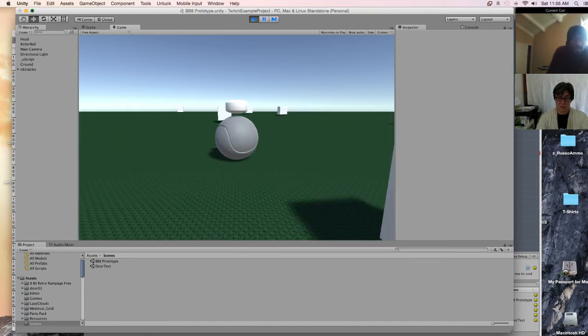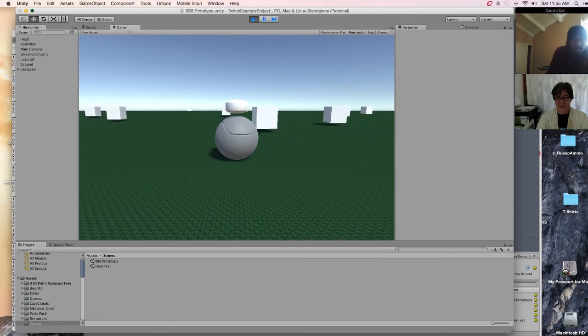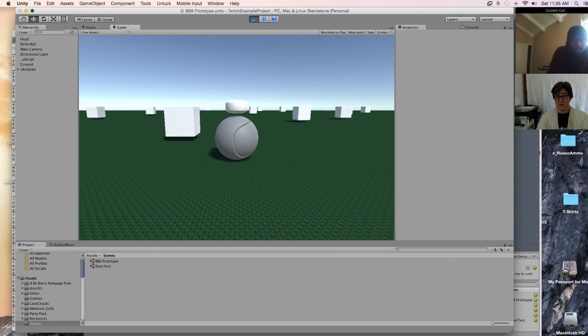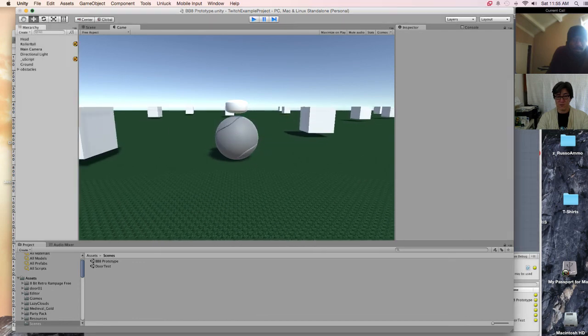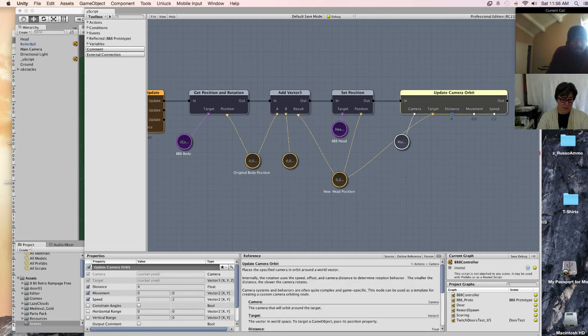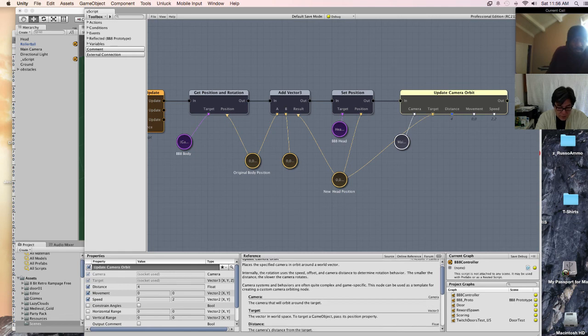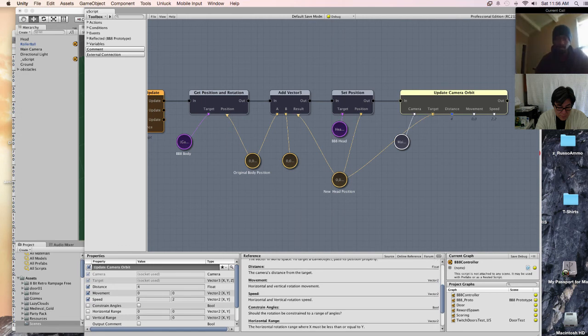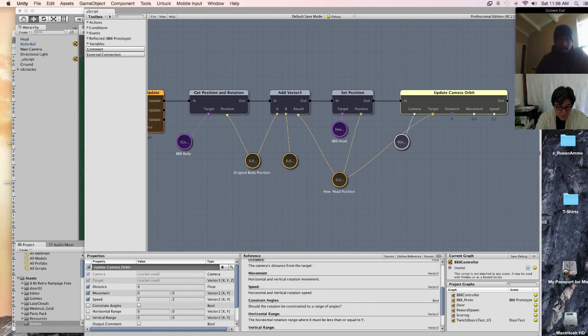Let's see here. You know what I'd kind of like to do is actually make this a follow camera. So I think if we go through the settings of this update camera orbit, we could probably get some constrain.